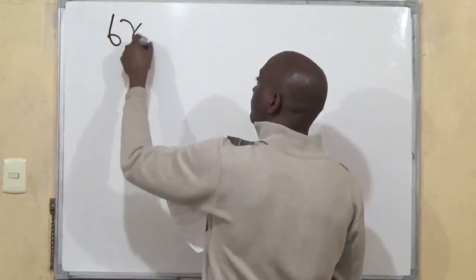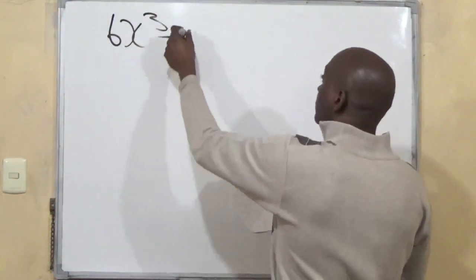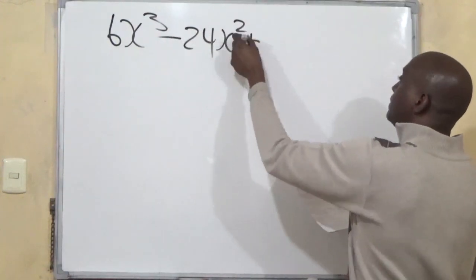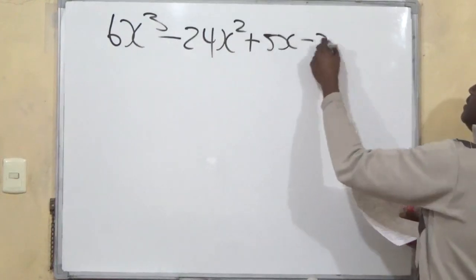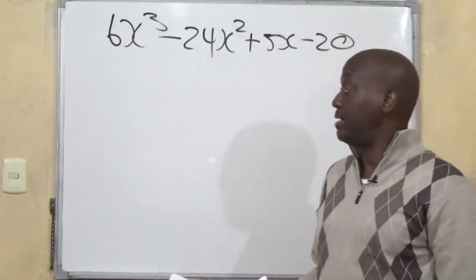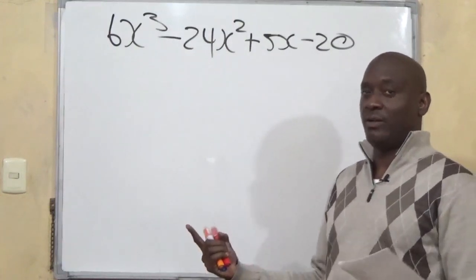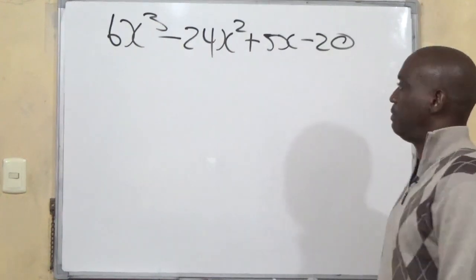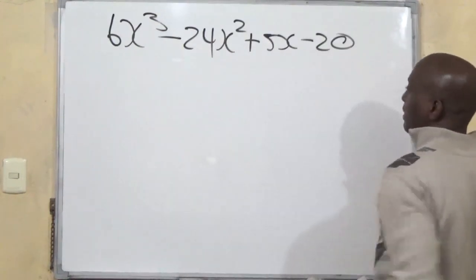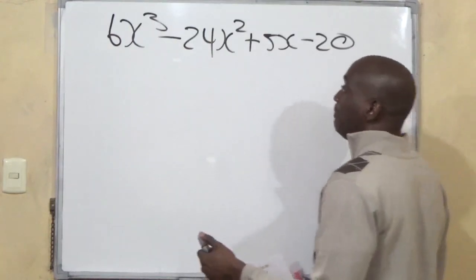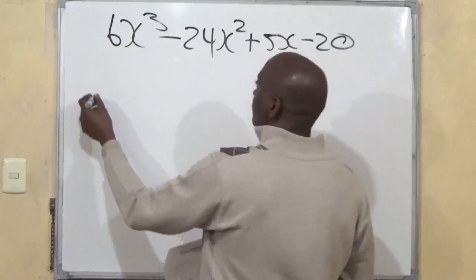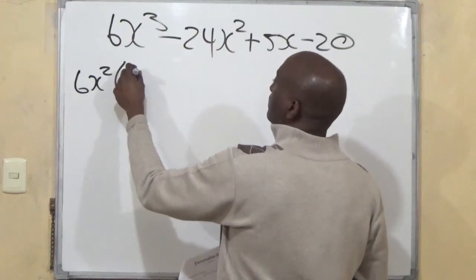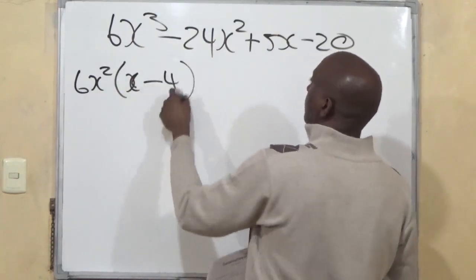6x cubed minus 24x squared plus 5x minus 20. Same kind of thing. Another quadrinomial, however you choose to pronounce it. Same principle. You have one group here and you have another group here. So you say, well, all right, no problem. This here, and again, I'm just factorizing in one line, right? 6x squared into x minus 4 plus 5